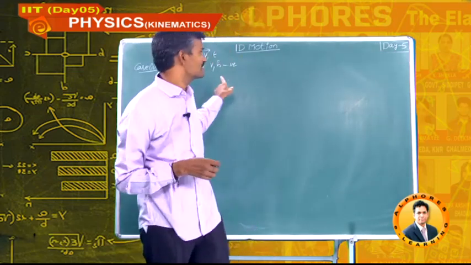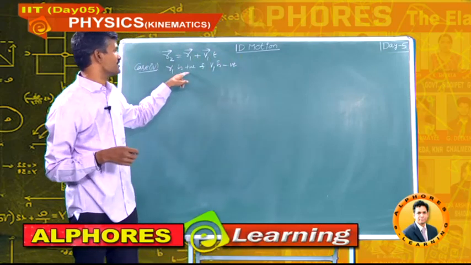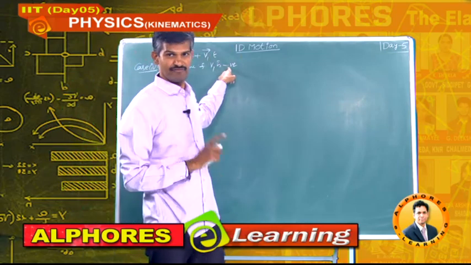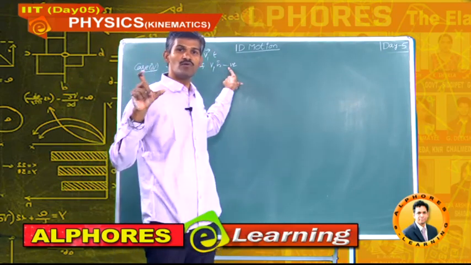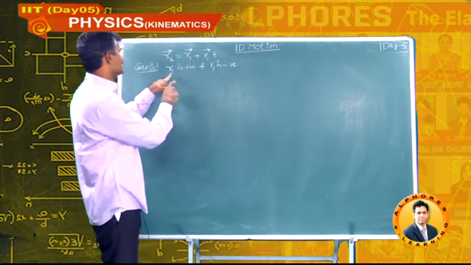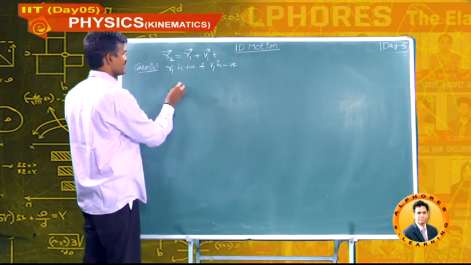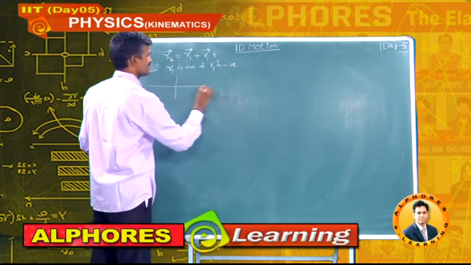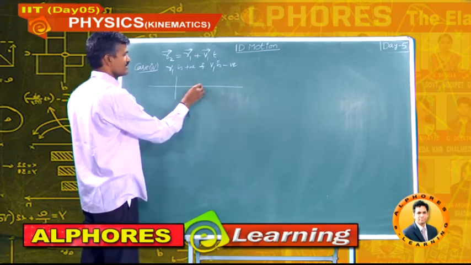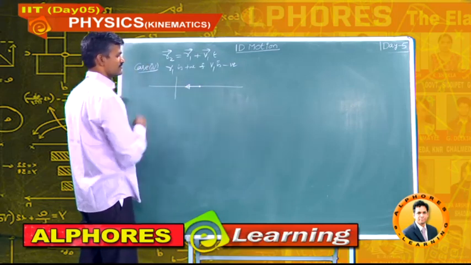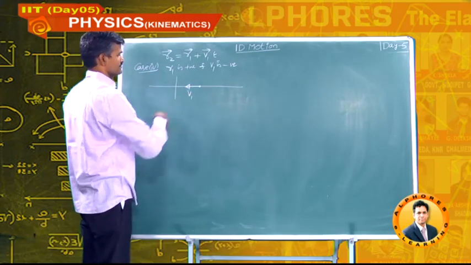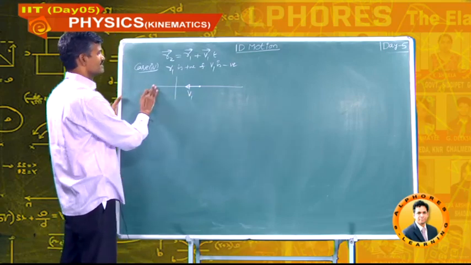Students, here I am considering this R1 as positive and V1 as negative. In such case, how to draw the graph? Here we are focusing only on the graphs. So, this R1 is positive and V1 is negative. So, general situation is like this, particle's position is some positive. From here, the particle moves like this with some velocity V1 bar. Okay. How to draw this graph?